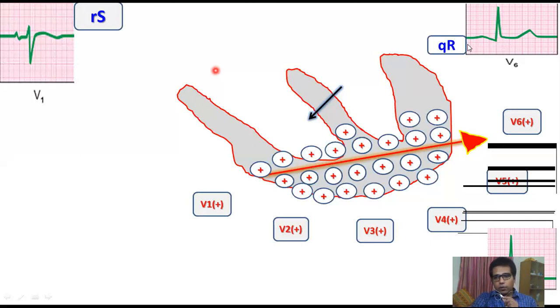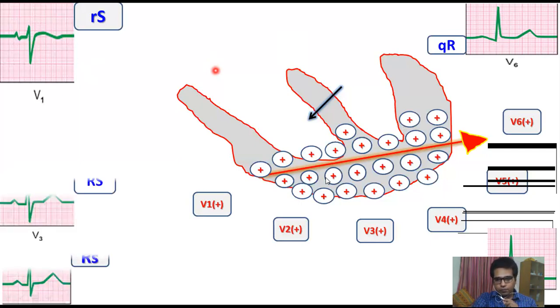Okay, so this tall R wave is expressed in capital letter R. This pattern of QRS is called QR pattern, the small q and the capital R. That is completely reversed from the recording of V1, where the R wave is very short or minimum, but the S wave is the maximum. But in V6, the R wave is the maximum, but the S wave is almost absent or very minimum. Okay, so this is the picture recorded in V1 and V6 during the ventricular depolarization.